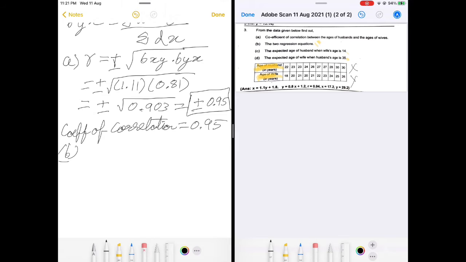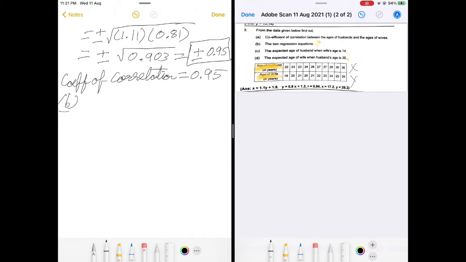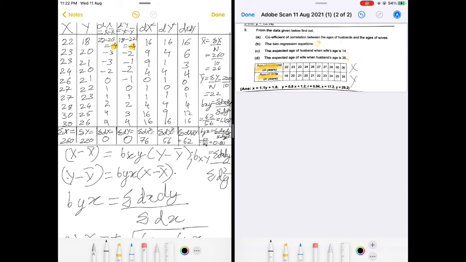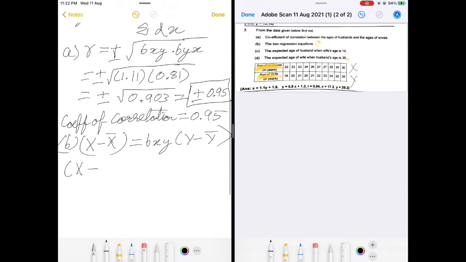Okay, first let's calculate x on y, and then we'll do y on x. So for x on y, let's write down the formula first. x minus x bar is equal to bxy multiplied by y minus y bar, where x bar and y bar are the means of x and y, the husband's age and wife's age. So x minus 26, the mean of x, is equal to bxy. What is the value of bxy? We have just calculated this above. Times y minus 22,